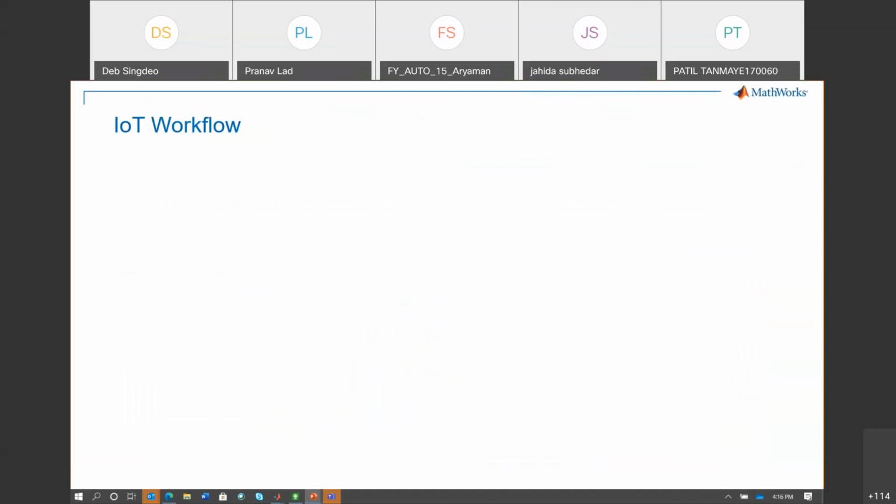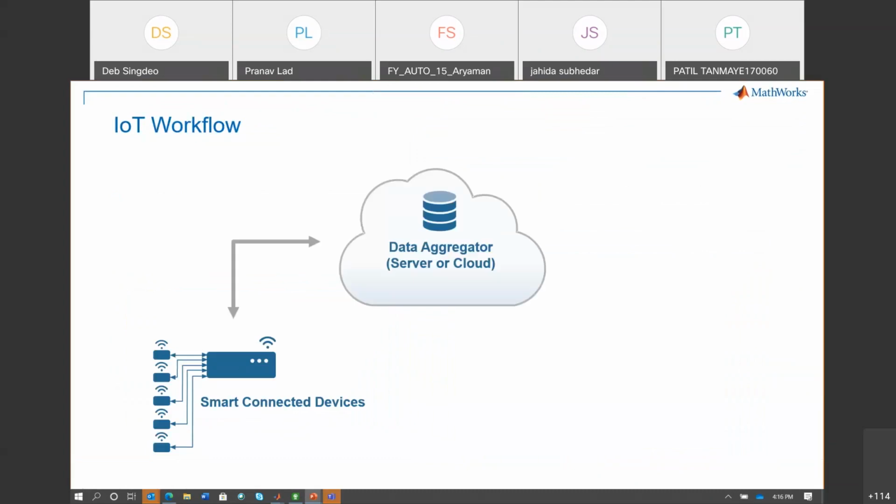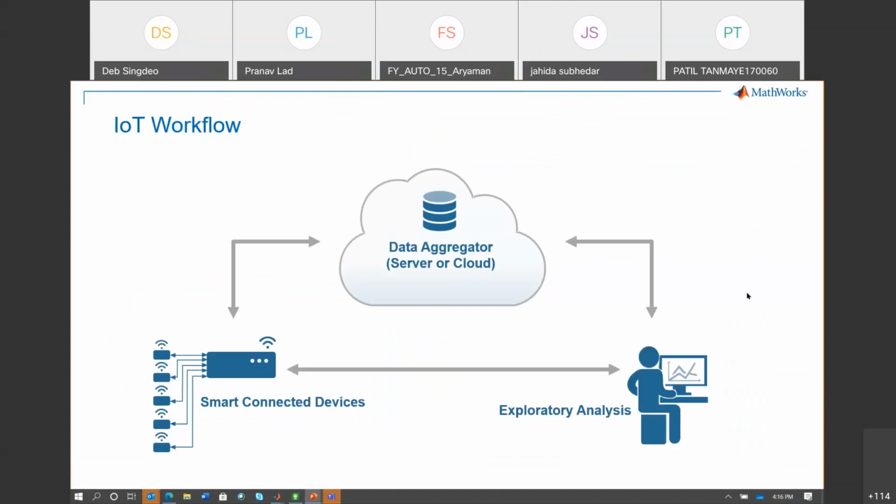So to do this project, what are the things that we need? Like the last example that we saw, we will need a sensor that is connected and able to capture data. We will have a data aggregator platform, which we saw is ThingSpeak in our case, to collect that data. Lastly, we need some sort of computational method to analyze that particular data and then come up with certain insights. In our case, we will have MATLAB to do that. And lastly, this sort of aggregator platform should also integrate with business systems so that I can take certain actions which could have some benefit at my end, right?